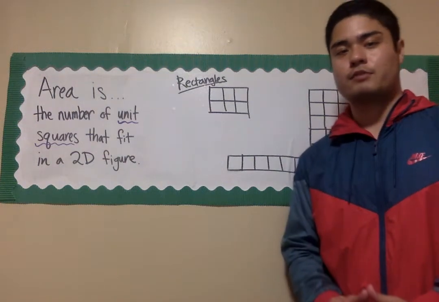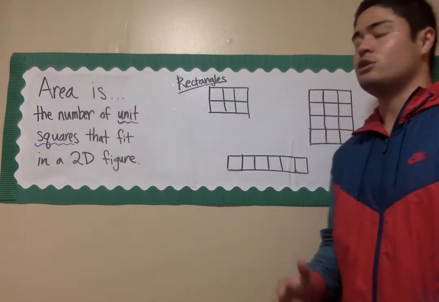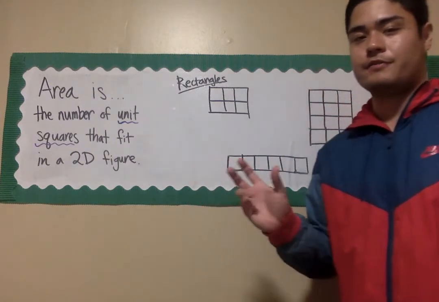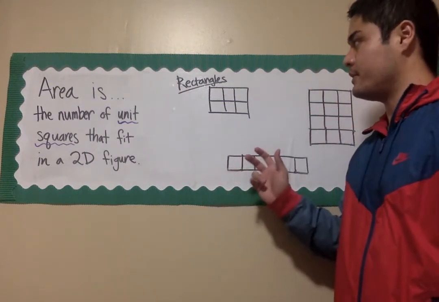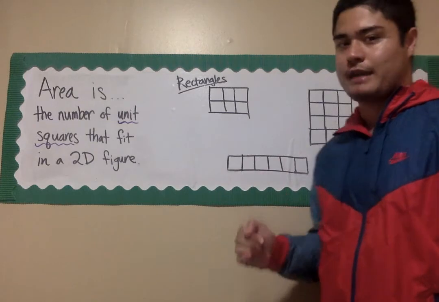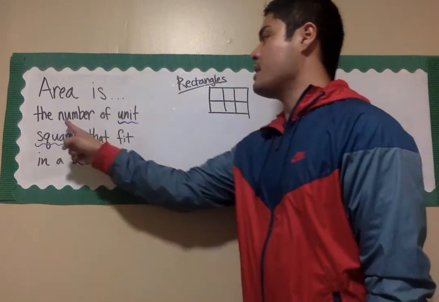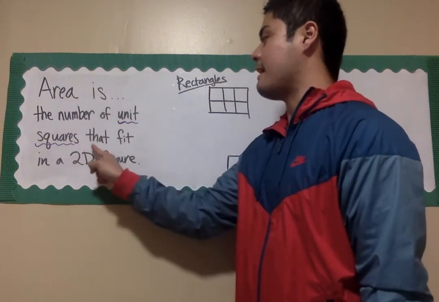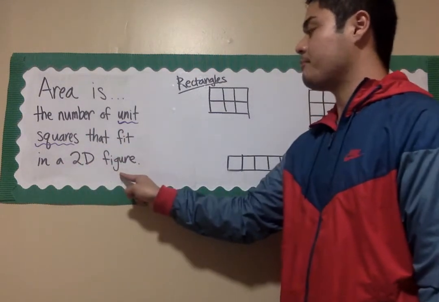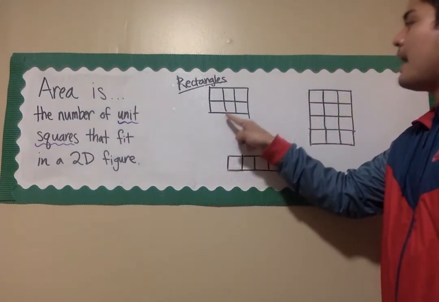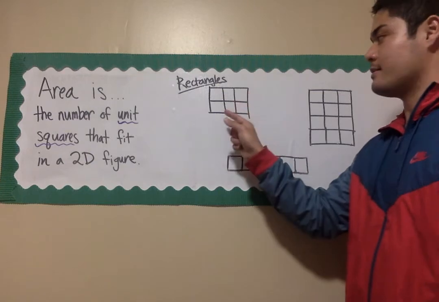So right now we're going to review the definition of area and use that definition to find equations for the area of certain figures. And for this video, we're going to find the area of a rectangle. So area, the definition, is the number of unit squares that fit in a 2D figure. What that means is that if I look at a shape like this one, how many unit squares fit in